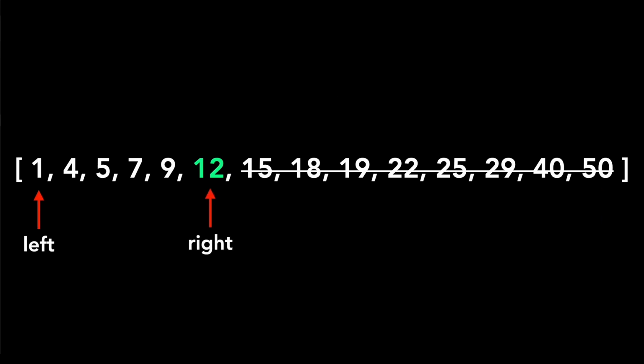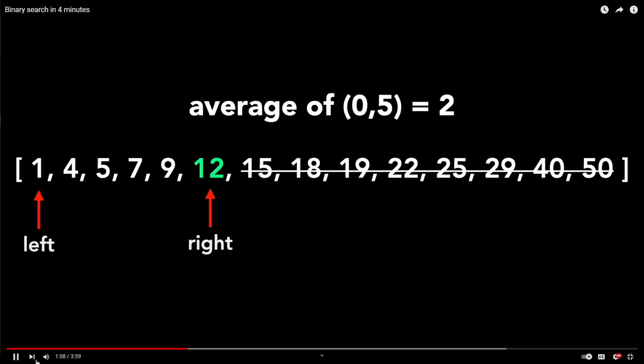Repeating the process, we'll find the new average of the left and right indices. This is index 2 with a value of 5, which again